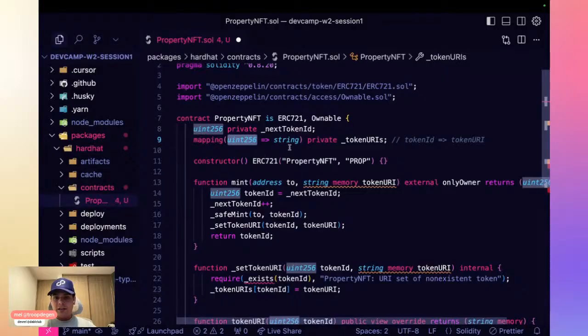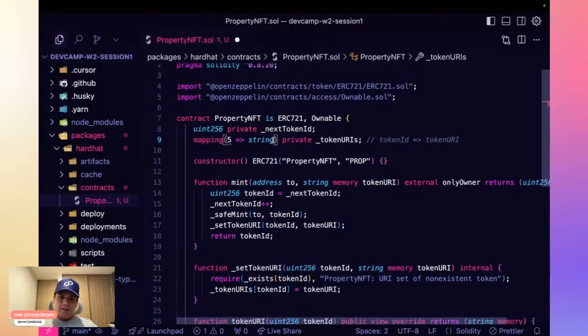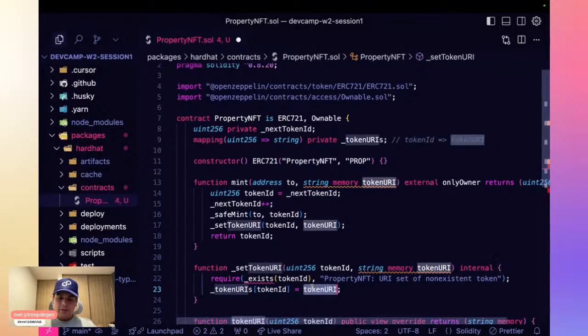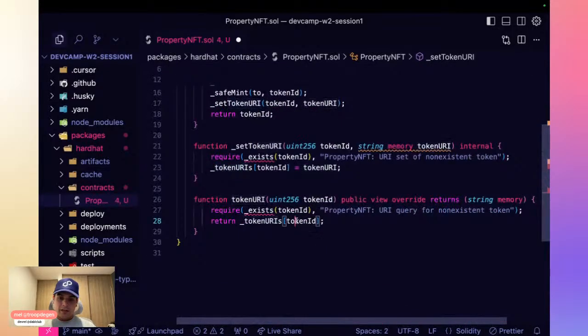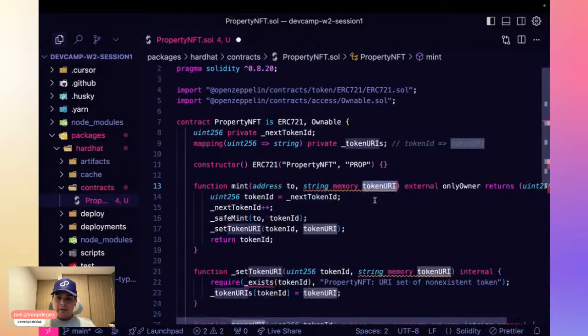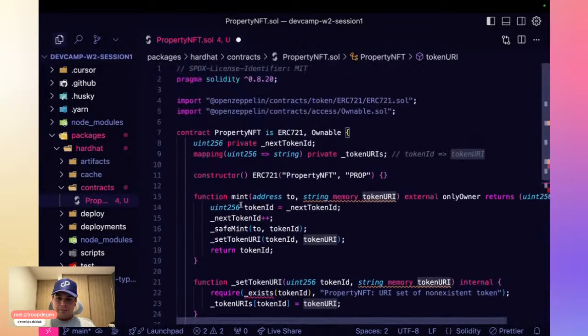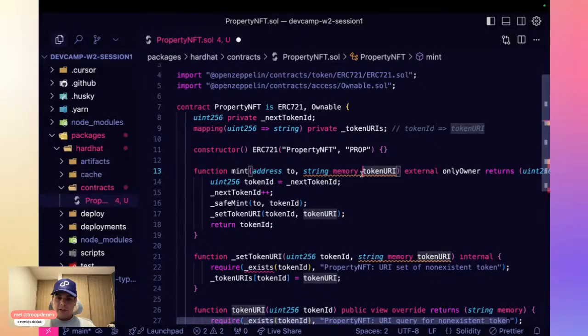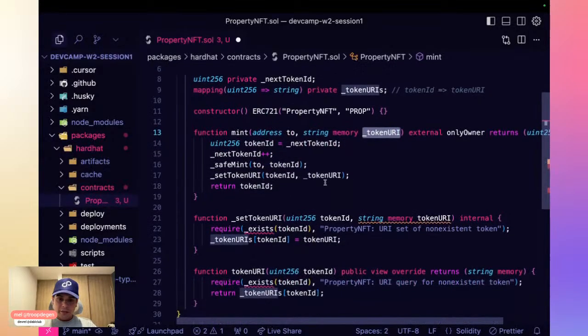So if I want the metadata for the token with ID number 5, I would call these token URIs like this, get the token ID, and that's how we get it. So in our contract, we have this kind of duplication because we are assigning this variable.